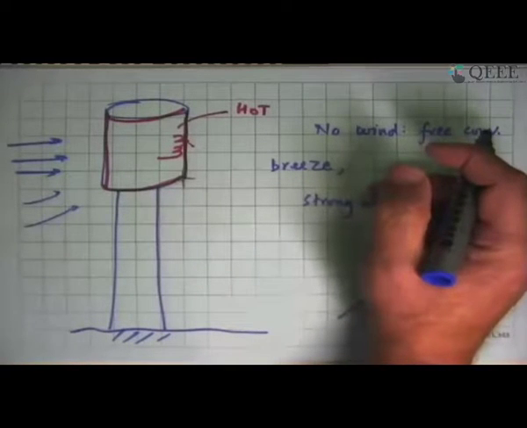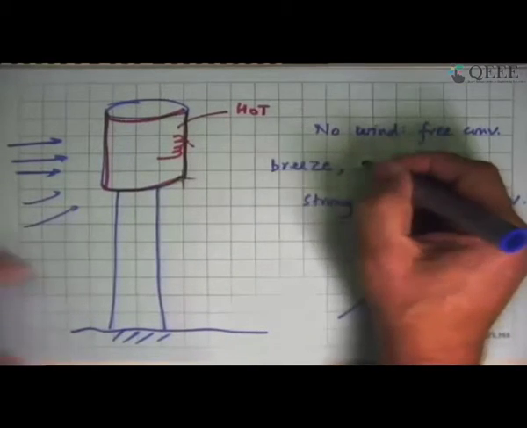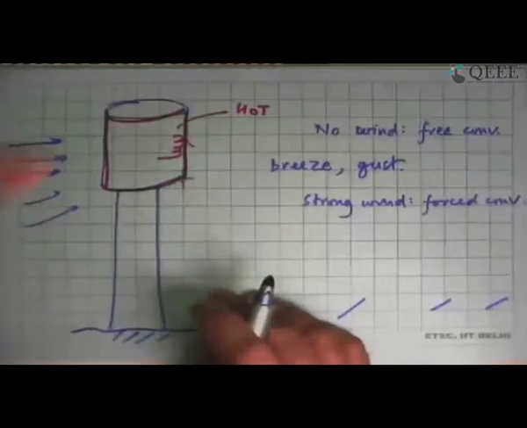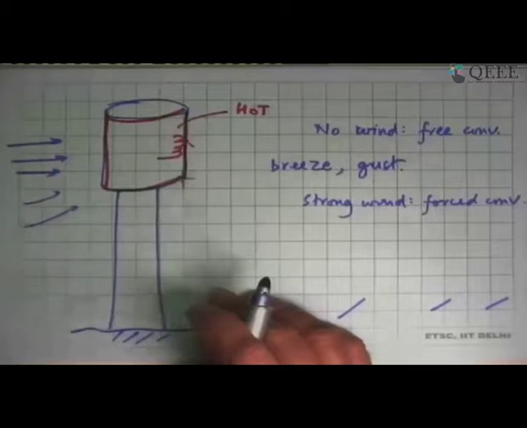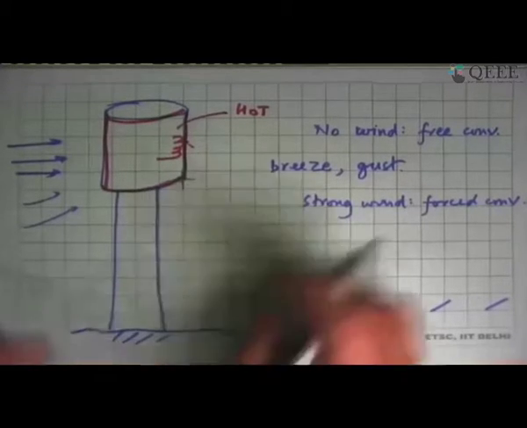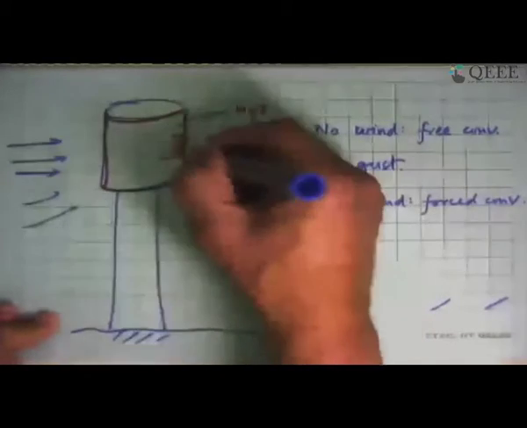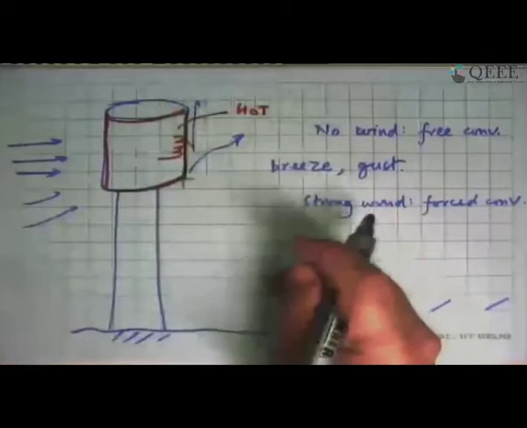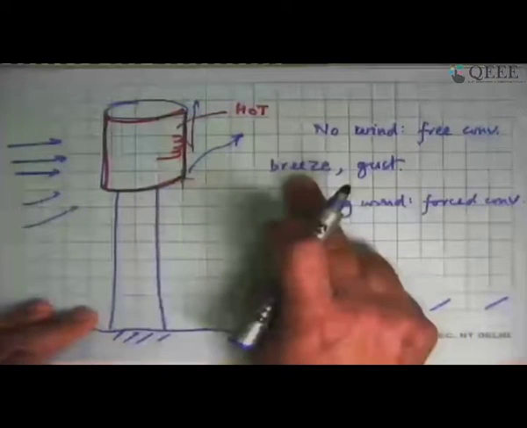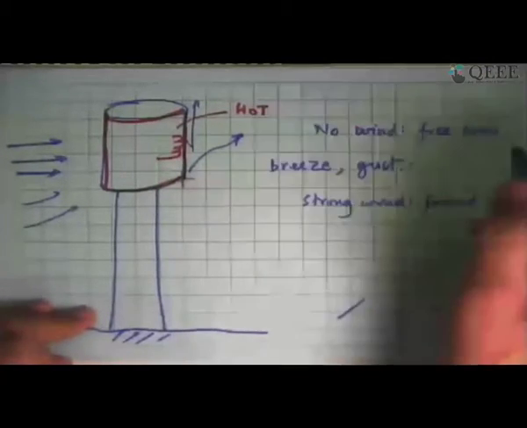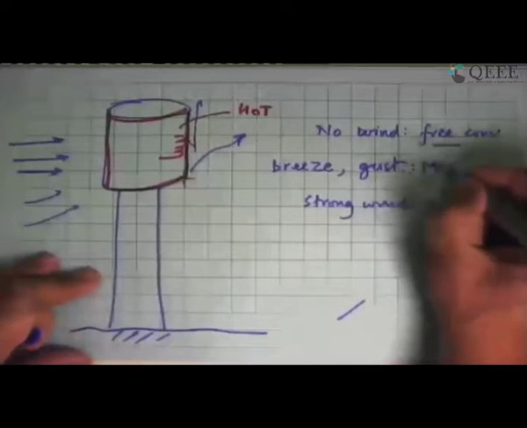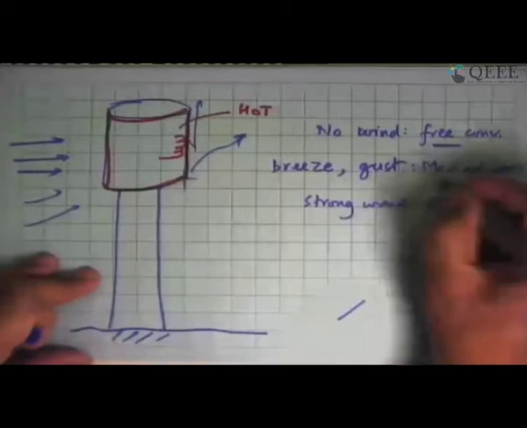The atmosphere is a hugely changing system, so the breeze changes with time and direction, and that is what you also have, what is called a gust. Sometimes a little wind will come, then stop. Then again there will be some breeze, then less velocity, then more velocity. This happens in nature. In many of these cases, you would have a strong temperature dependent flow by buoyancy, at the same time a very weak flow induced by these gusts and the breeze that is coming in. In this case, both free convection and forced convection play their part, and we have what is called a problem of mixed convection.